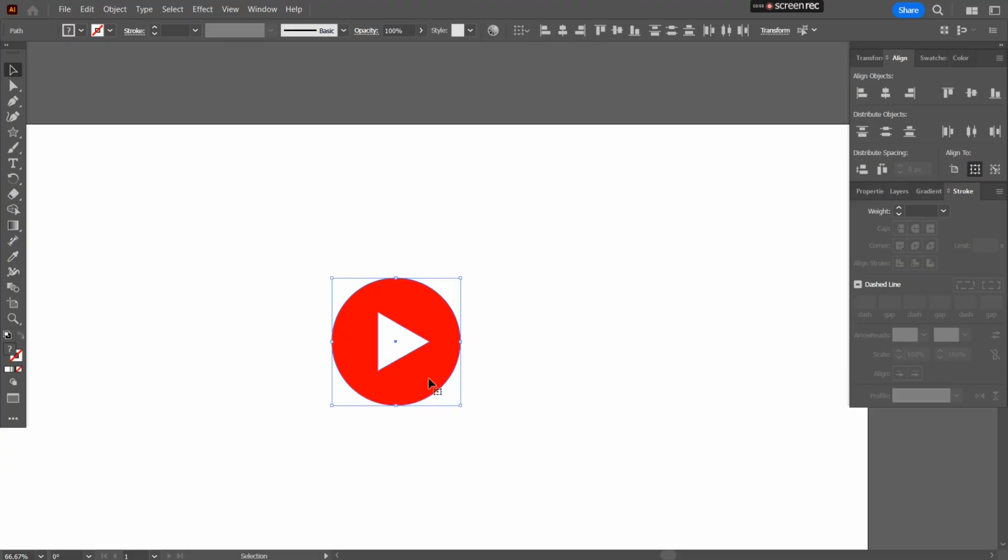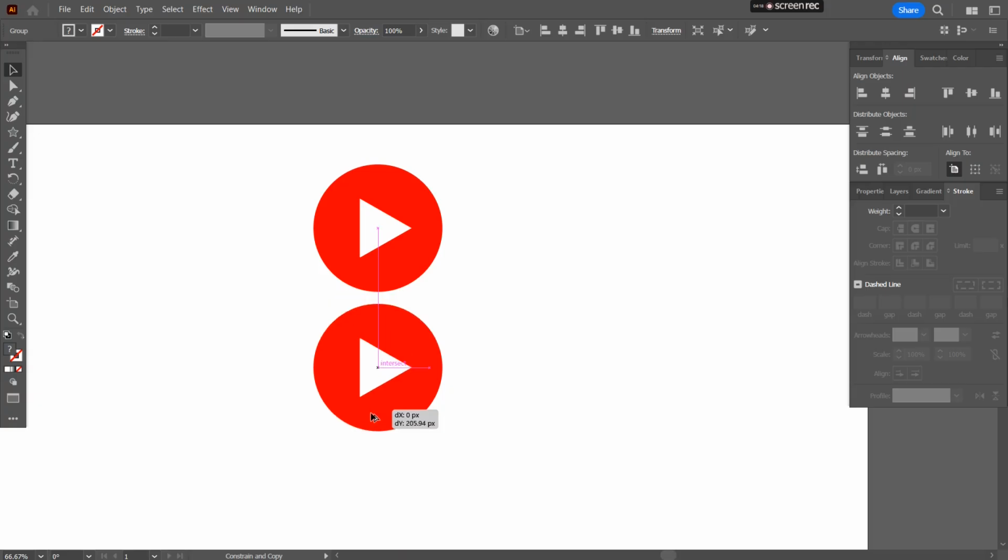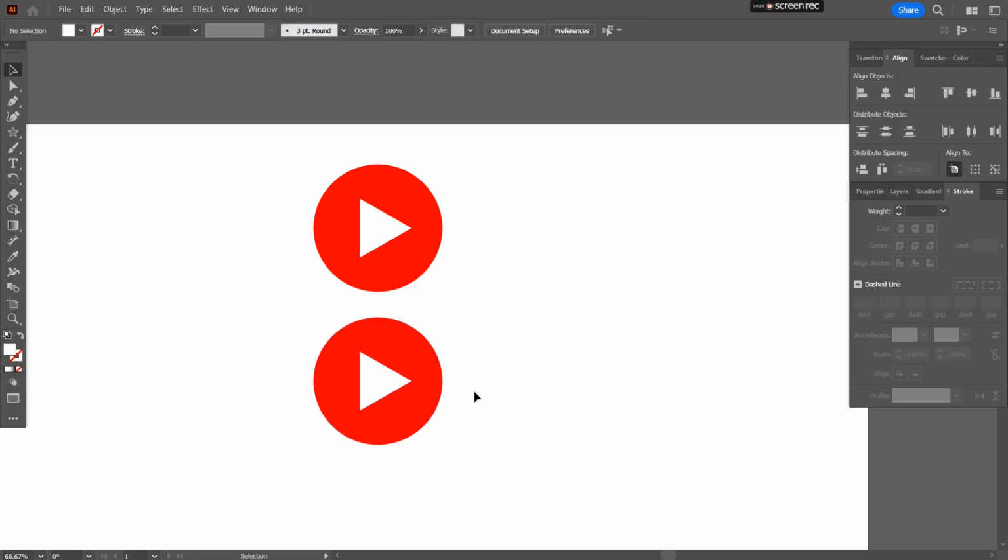Now, as I'm trying to learn about shapes, I noticed there are so many styles. This is the simplest of all, the flat icon. The other one that I saw was the half shadow. So what I'll do is group it together by selecting both and pressing Ctrl G. Now I'm going to hold Alt and Shift and take a copy of it. The next thing I can do is